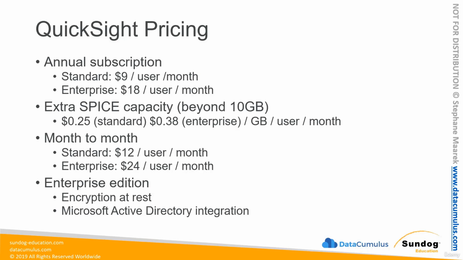So what's the difference between Standard and Enterprise that allows them to charge double? Well, two things really. One is that you get encryption at rest. So if you need to encrypt the results of your QuickSight dashboards and jobs, Enterprise Edition lets you do that. Also, it will integrate with Microsoft Active Directory. So if you have an enterprise that's built on Microsoft Active Directory, that allows you to integrate with that environment